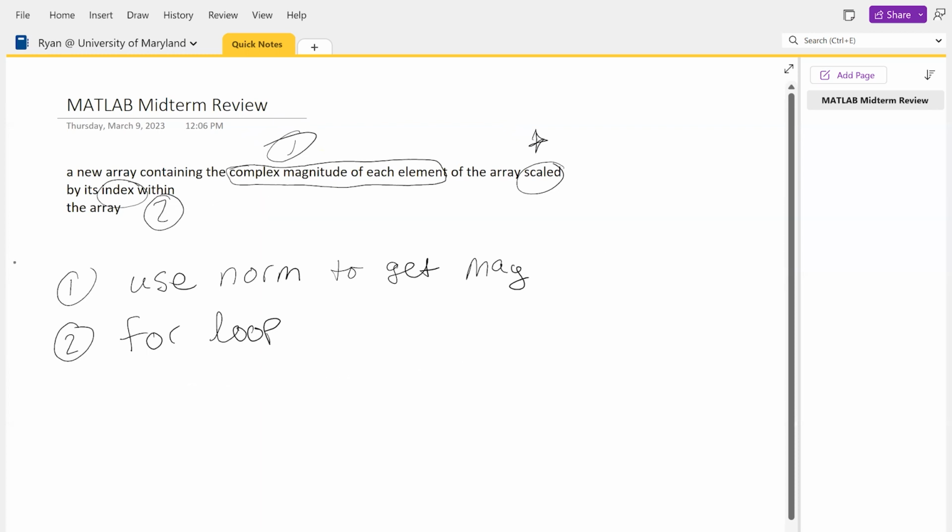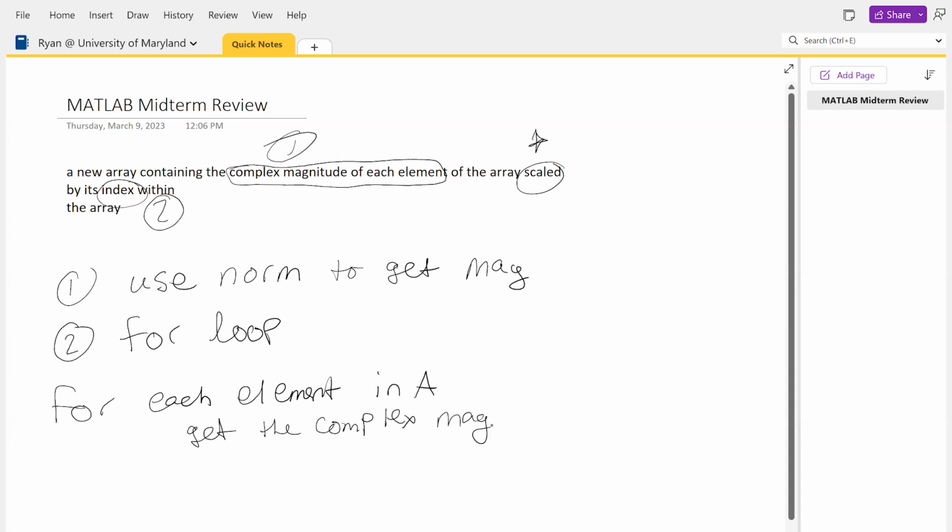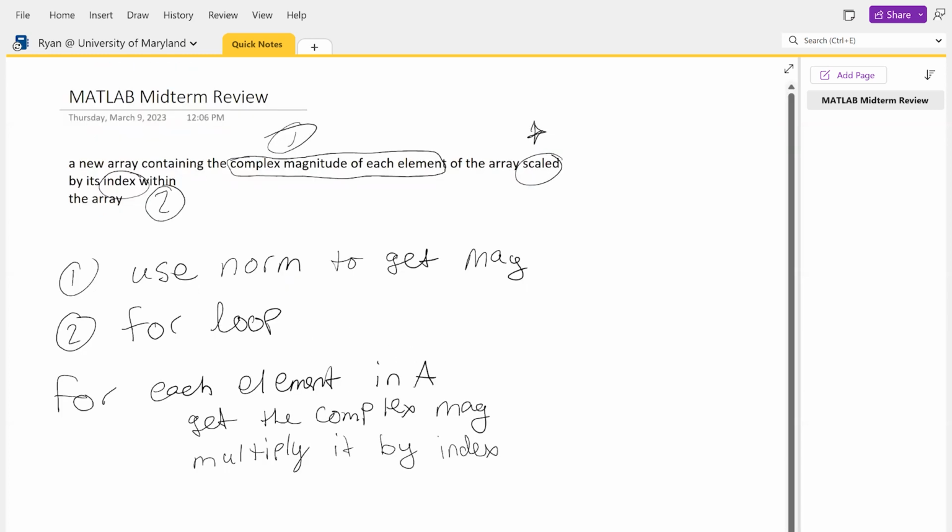So for each element in A, get the complex magnitude, multiply it by index, and